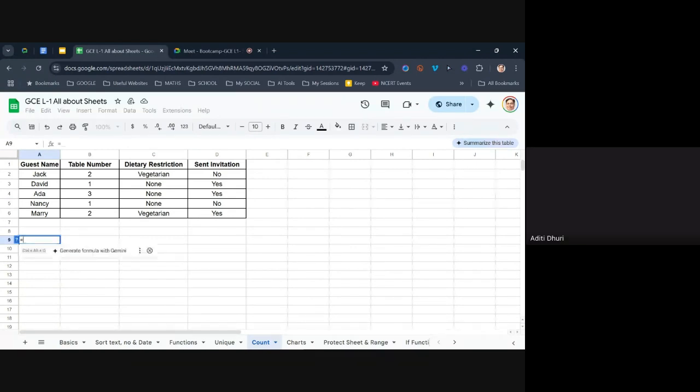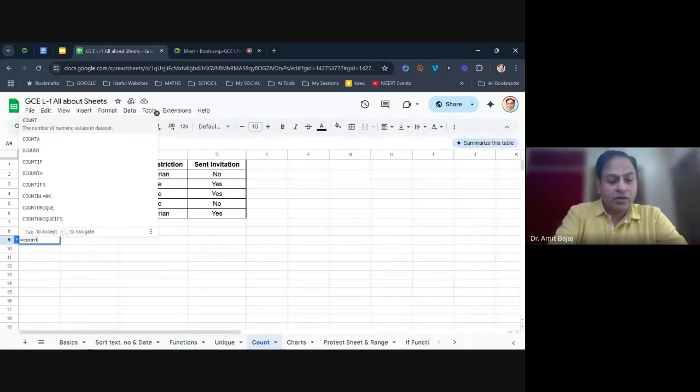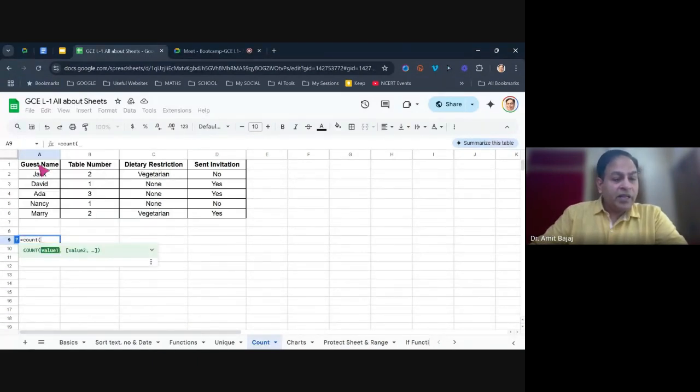Equal to count. Great, thank you. And when I close it, let me select the data, not taking the header as such. And when I press enter,